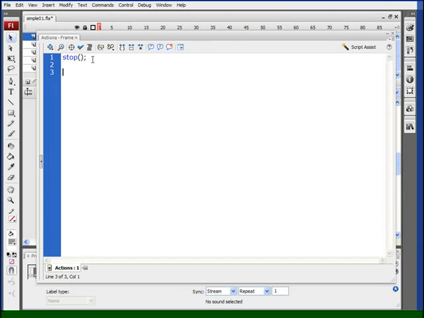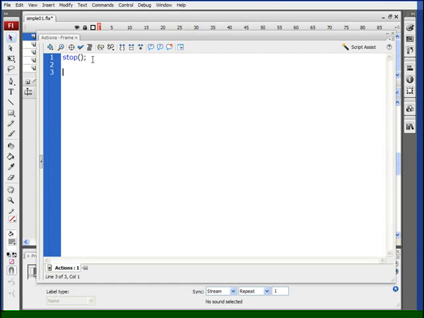Now, if you've used ActionScript 2 in the past, then you're going to have to learn a new way of adding interactivity to your buttons. In ActionScript 2, we could point to the button name and create an onRelease event for it. In ActionScript 3, we're basically doing the same type of thing, except we need to explicitly add an event listener to our buttons. And then once we add that event listener, it's going to call on a function that we're going to create. And inside that function, we're going to type the code that we want to occur